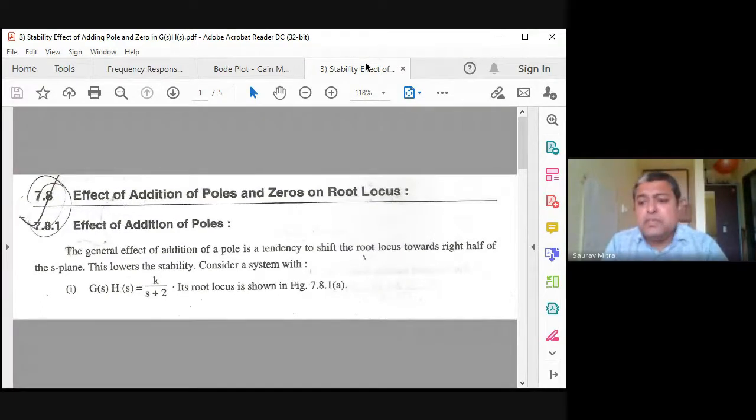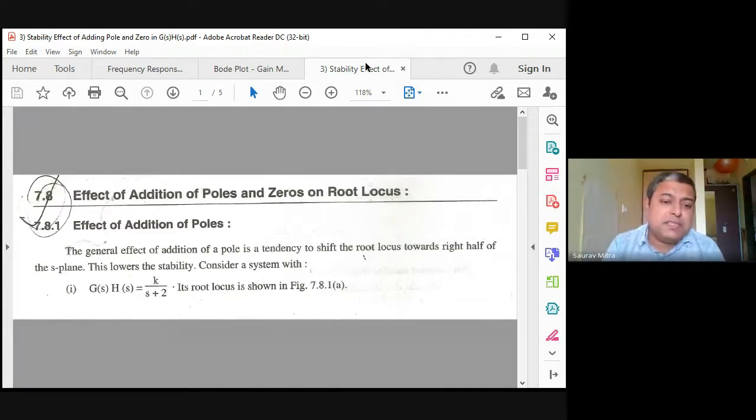So what we will do is keep on inserting poles into this. I have given you one numerical, which I mentioned in lecture number 40. Initially I gave you some GSHS k by s plus 2. Then I inserted one pole and checked what the root locus looks like. Then I inserted another pole. Then I inserted another pole. So from a one pole system I have made it a 4-pole system.